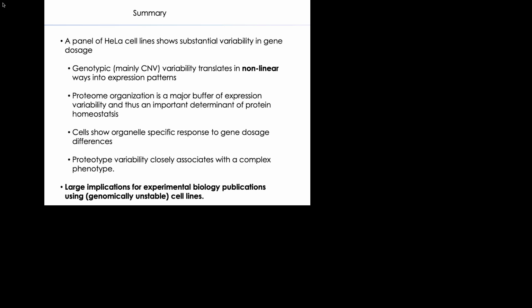So simply growing the cells for a year and then doing it again will inevitably mean they're already doing a different experiment. So this has, I think, implications for experimental biology publications, and that's of course not just true for HeLa cells. This is true for many other cancer cell lines which are genetically unstable. And so when I started out, to finish off now or summarize, I started out by framing this presentation